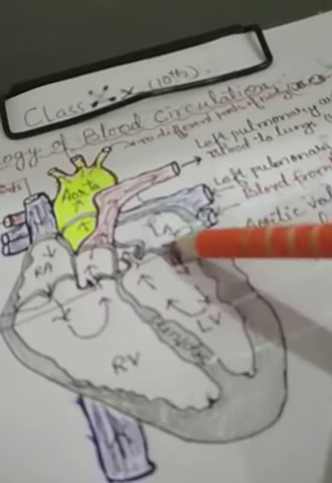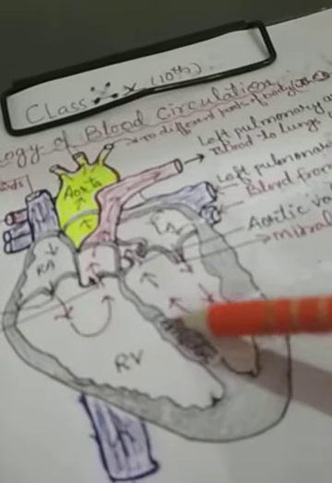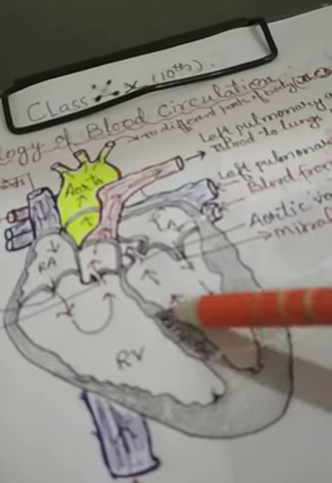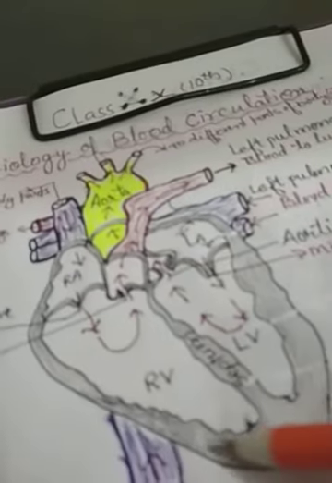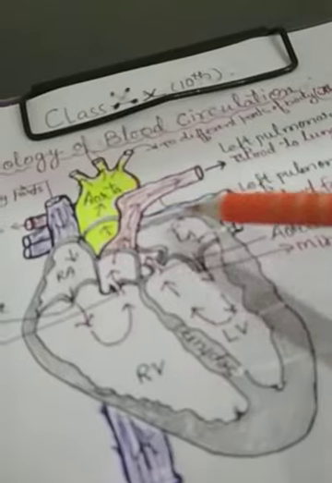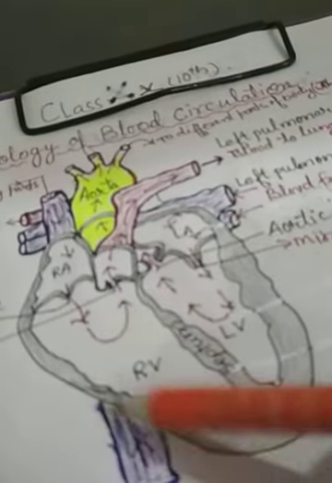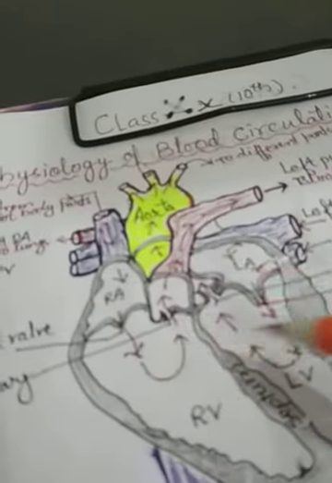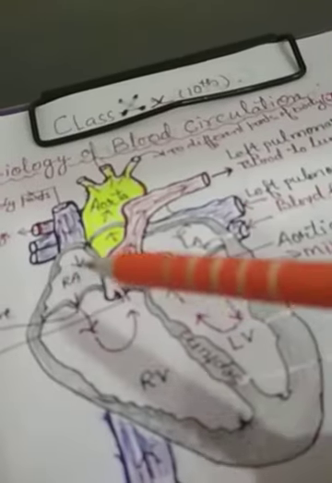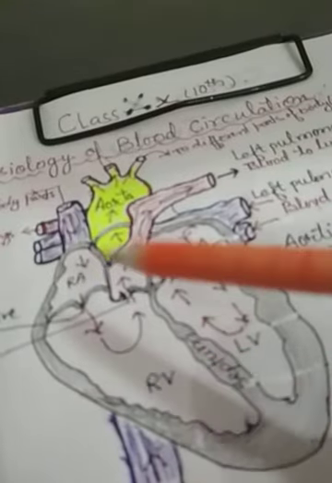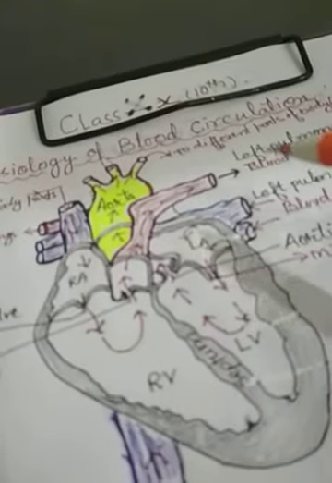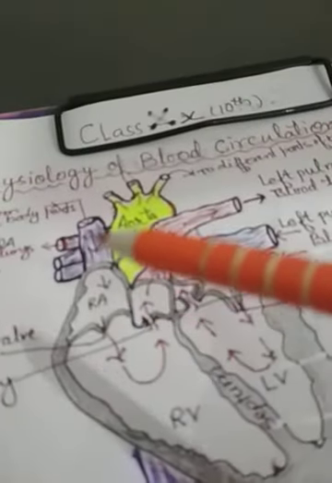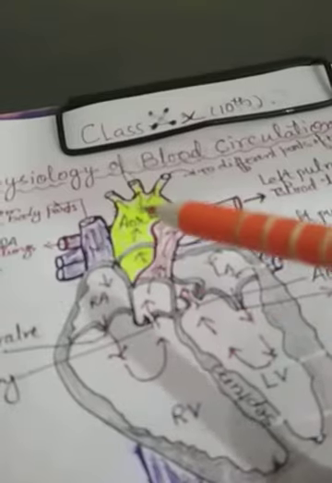So my dear students, these are the structures. In between, this is the septum. The septum divides the chambers. This is the whole inside view of the heart, and you are looking at this peculiar structure composed of 4 chambers, 4 valves, right and left pulmonary arteries, right and left pulmonary veins, inferior and superior vena cava, and the dorsal aorta.